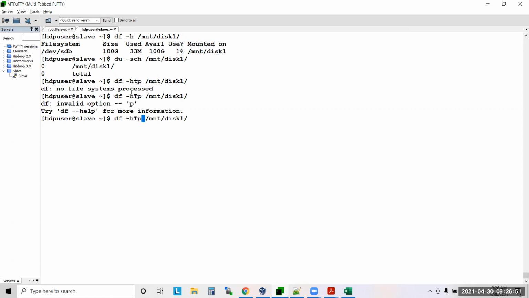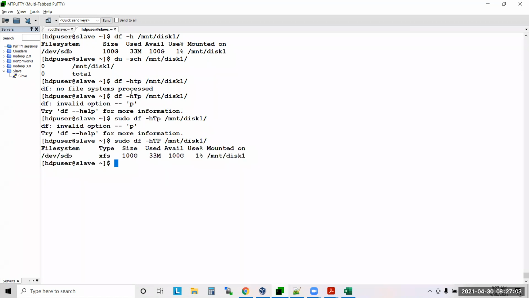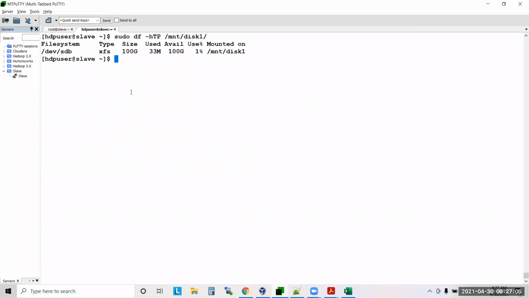Sir, sudo root kill kottandana. It's a capital P. Yep. Okay, so HTTP means it will show. Okay, what is the type of the?